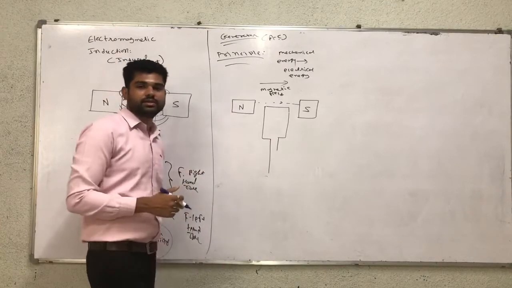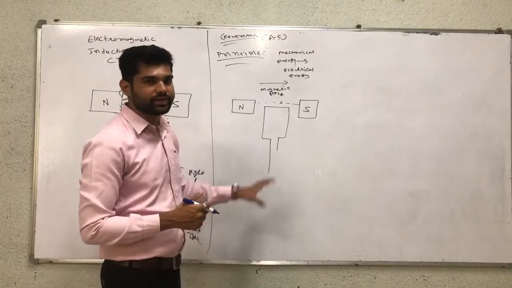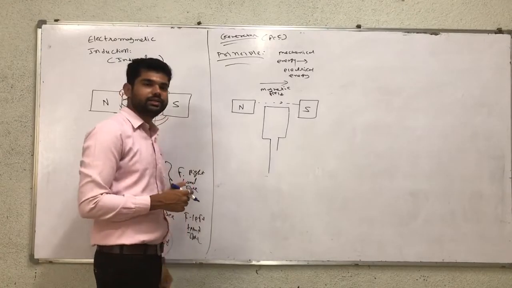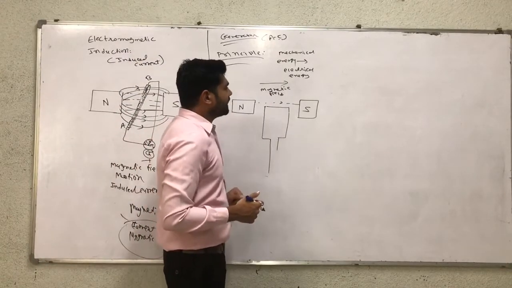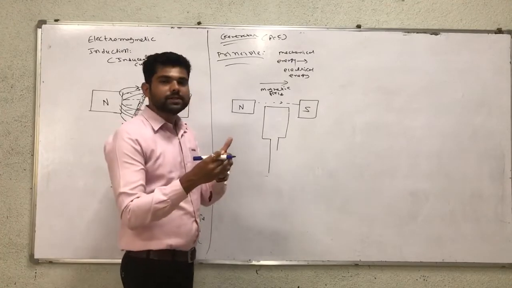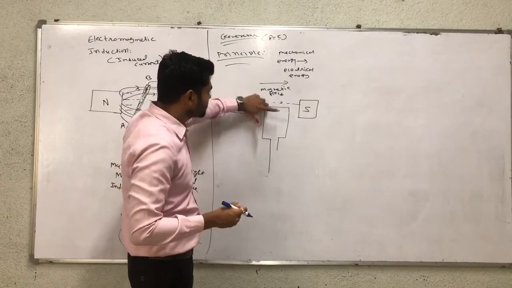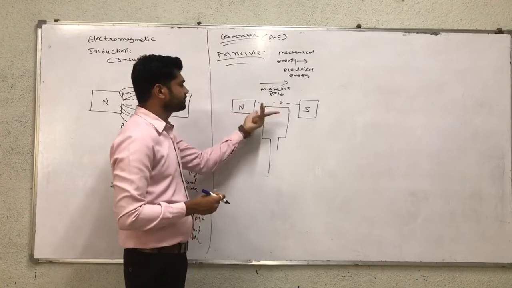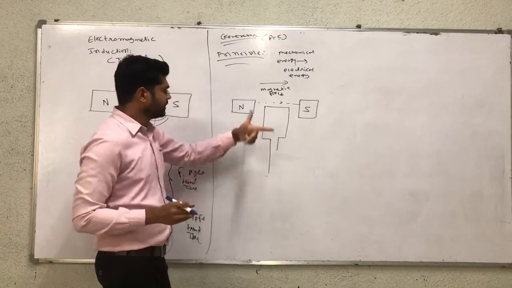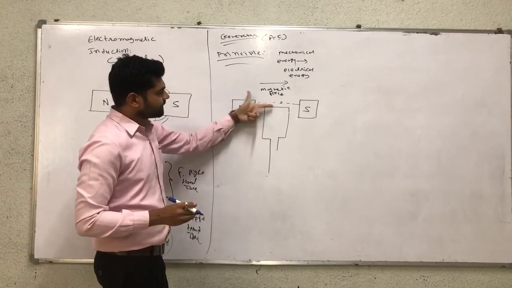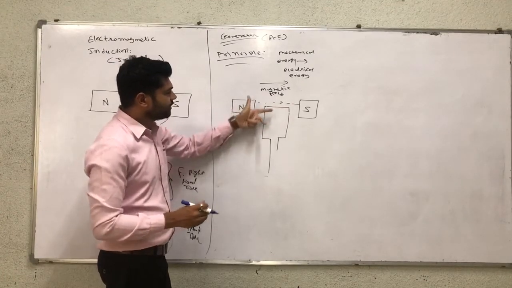In which direction is the electric current induced? Find out by Fleming's right hand thumb rule. So apply it here, first the magnetic field. Magnetic field means our first finger is in this direction. Now in this direction, sketch this type of figure.